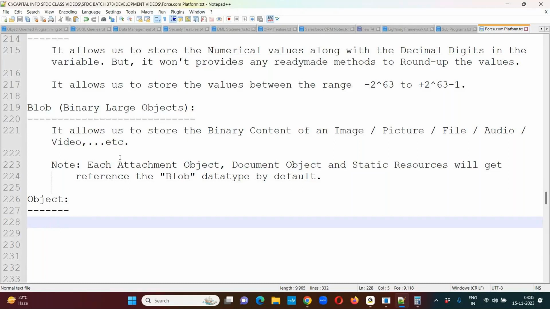Done. Next, the last data type of primitive, that is object. So what do you mean by this object data type? What did you understand with this word object? No, those objects are different. This object is different. In configuration, object means table. Forget about that concept here. Okay. Now,